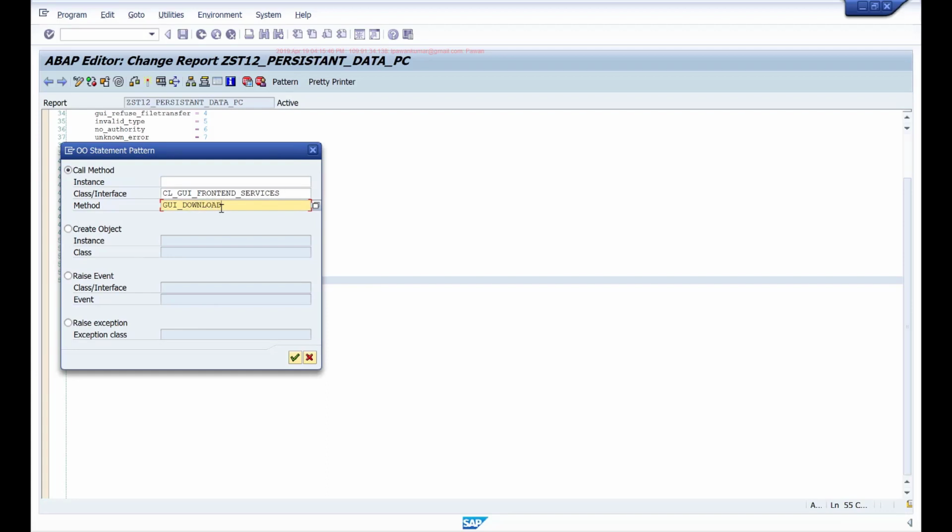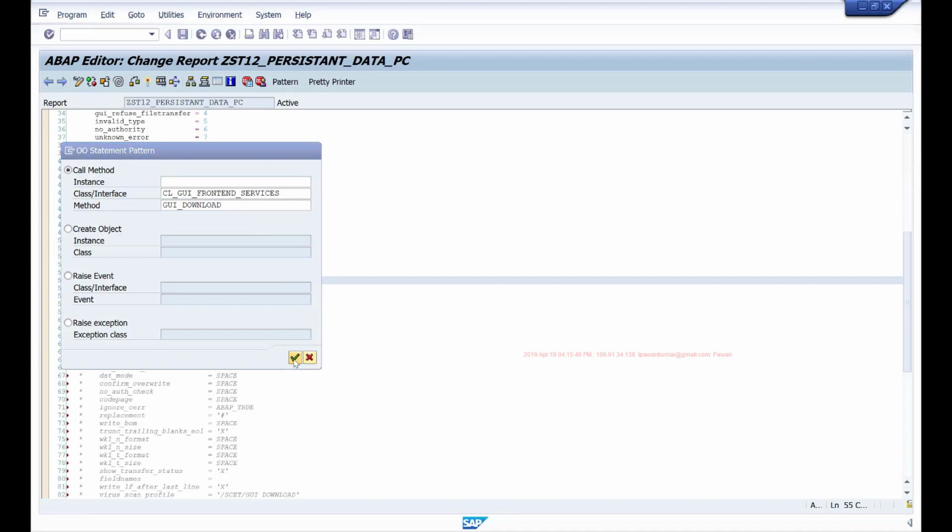Let's say you extracted some data from SAP database tables and then you want to allow the user to download. Something like you're showing a report output and the user wants to save that report output locally on his desktop. Then we can provide one button in the report output, clicking on which he can download that output and save it locally.